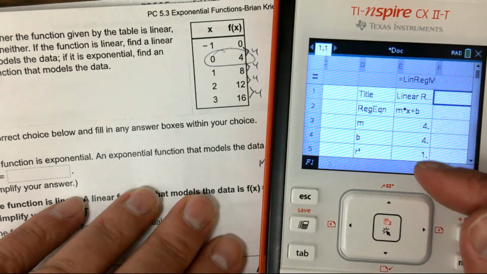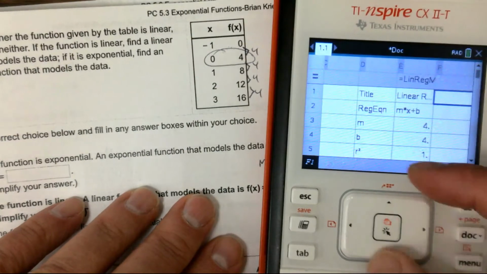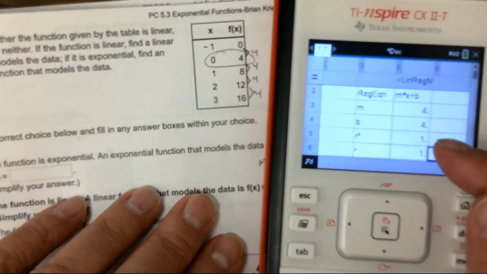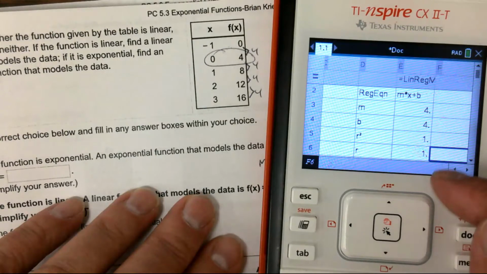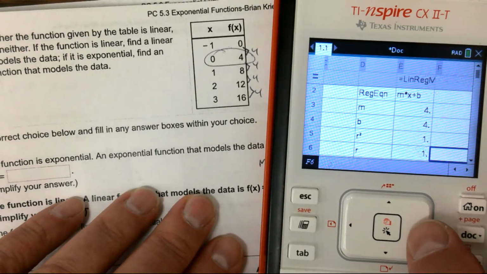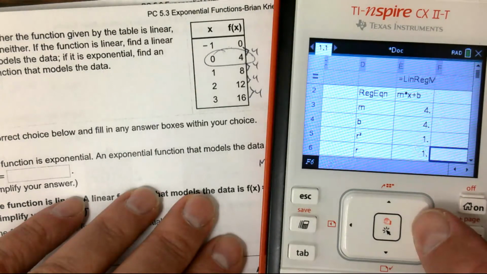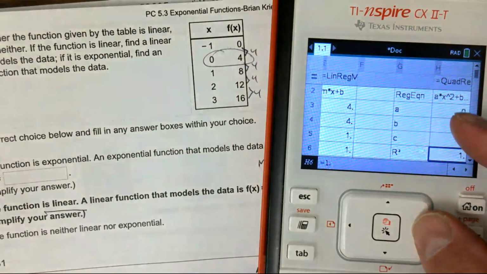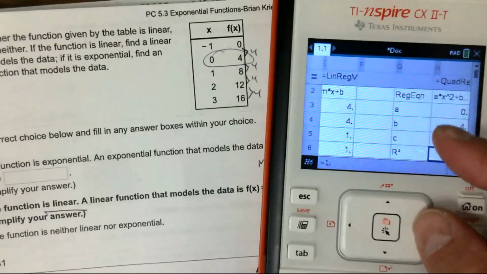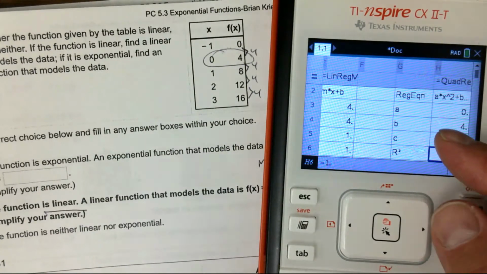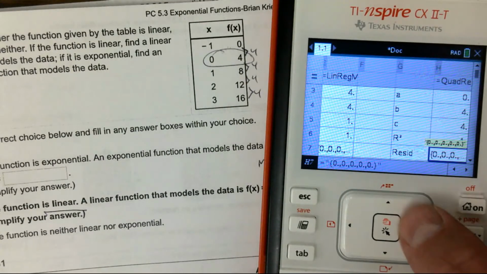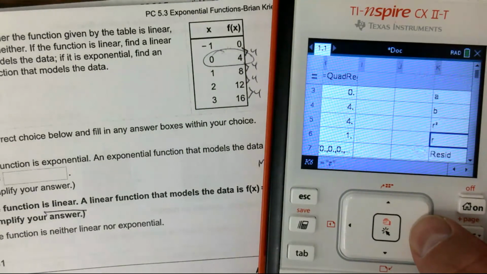There's the 4, 4, 1. With 4 as your slope, 4 is your B. R is exactly 1, which means it's linear, because we said linreg. What it didn't like is, well, on quadratic, it just has A to be 0, because it's a 0x squared. But what it didn't like is the